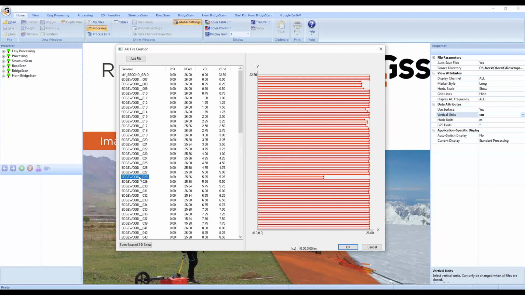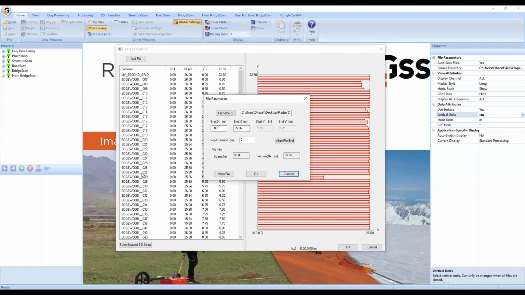So I'm going to double click on Edgewood 28. I want to reverse this. It says that we started at, so SOL is short for start of line. Start of line is y equals 5.25. This is just being extra careful, saying that yes, file 28 does start at 5.25, so we're on the right line. We didn't start at 0, we started at x equals 26. So type in 26 there,